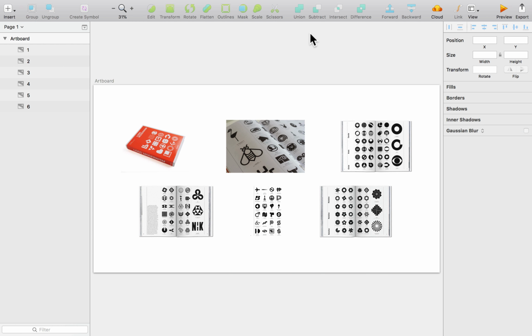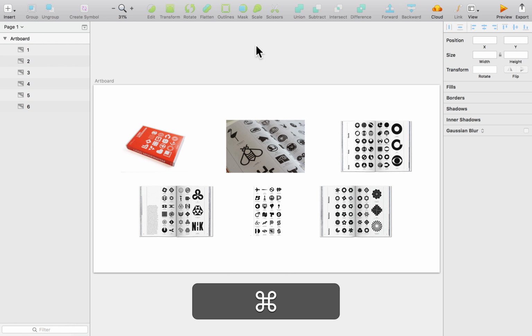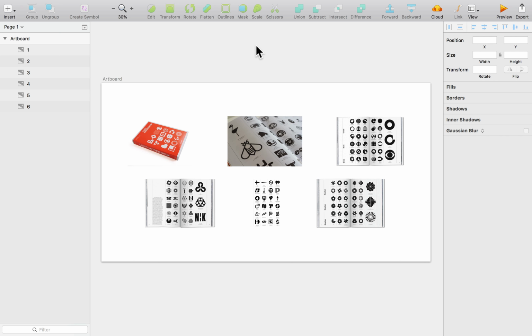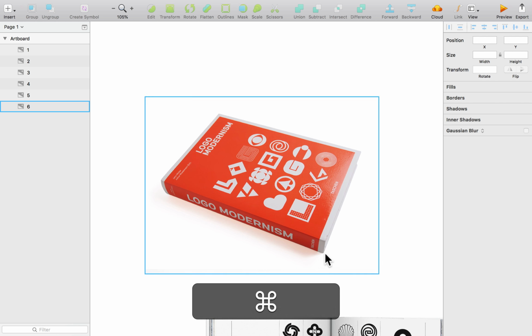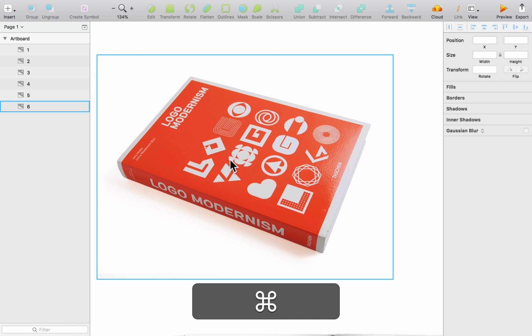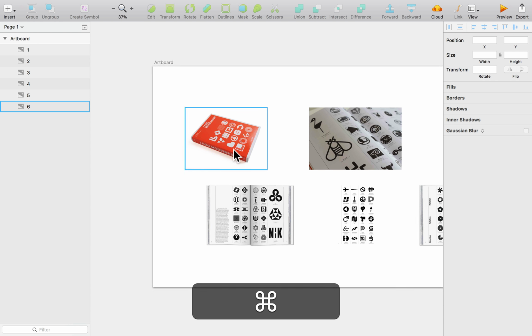Hi everyone, Alborz here from Alborz.Design, and here we are with the first episode of a series where I go through a bunch of logos, 6, 7 or 8 of them maybe each time, and I try to recreate them in Sketch. For the first episode, I'm taking logos from this book called Logo Modernism because this book is amazing,